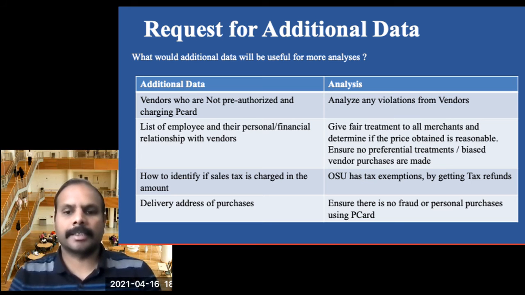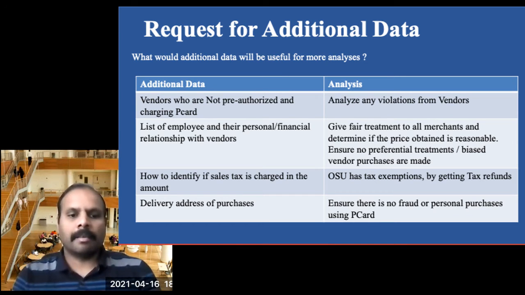Thanks, Ali. Senthil again, to talk about additional data. If we had more information along with the card data that was provided, our team could do additional analysis such as transactions that are made from vendors who are not pre-authorized to bill and charge the P-card. With a list of employees and their personal financial relationship with vendors, we can identify if any purchases are made from family or friends, or from a company that is owned by university employees,